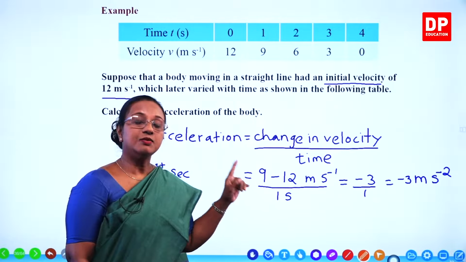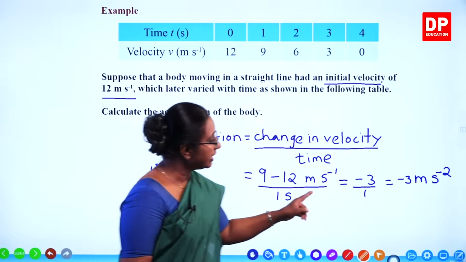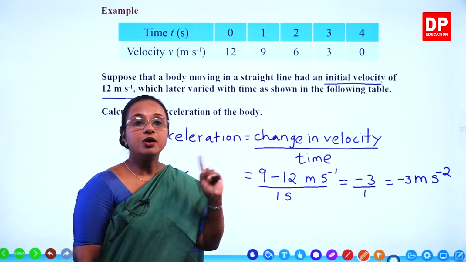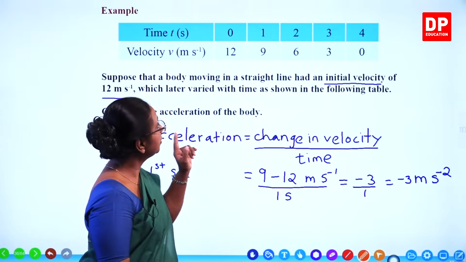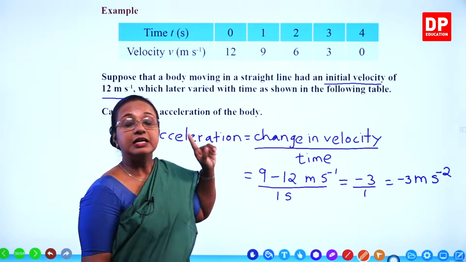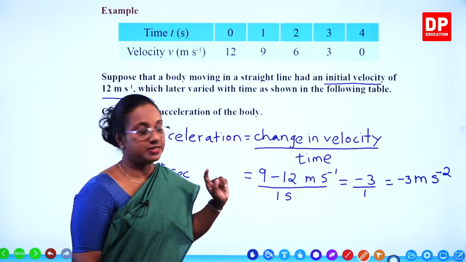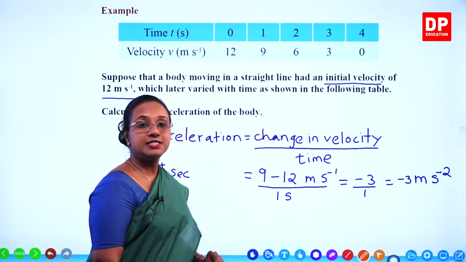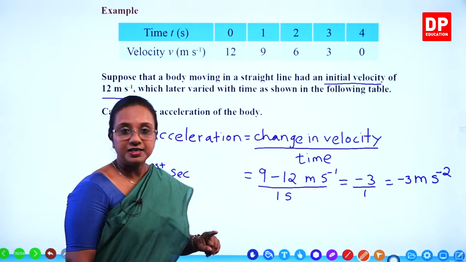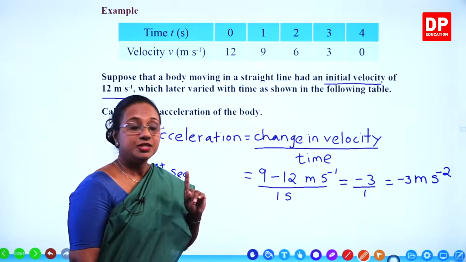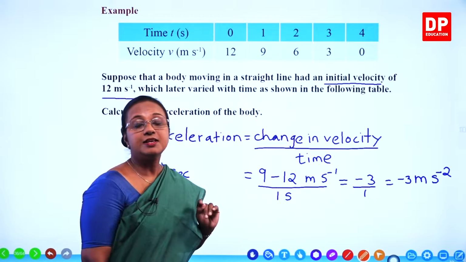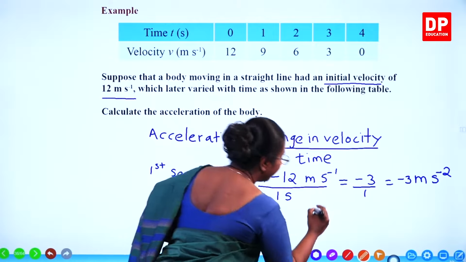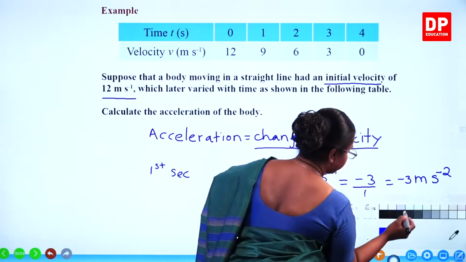Since this is a vector quantity, the negative means either opposite direction or decrease. So here it is the decrease in velocity. As you can see, from 12, the velocity has decreased to 9 meters per second. This is known as deceleration of the object. Therefore, we rewrite this as